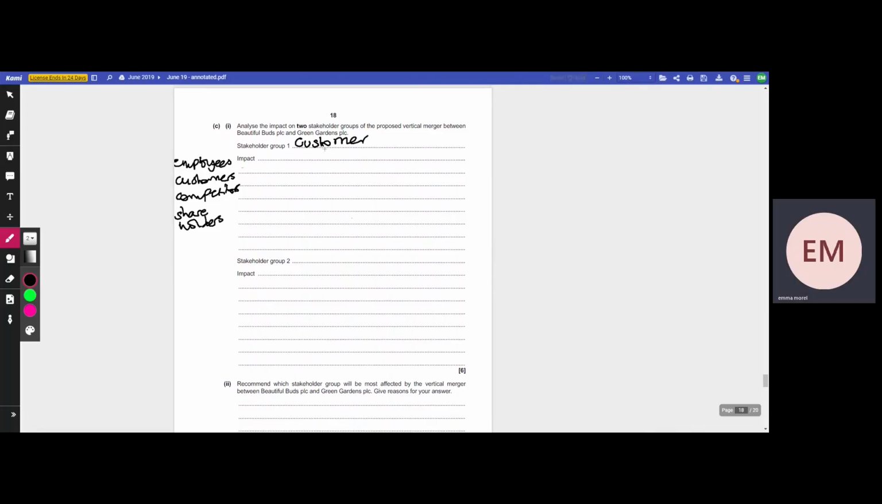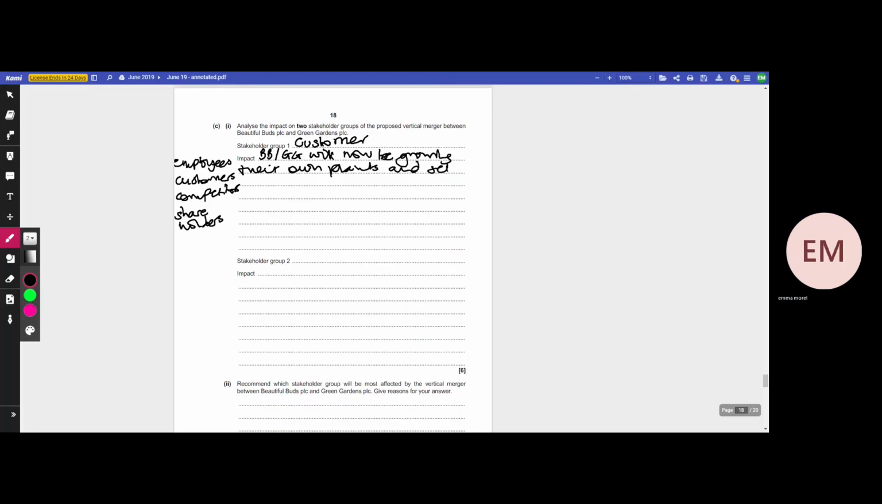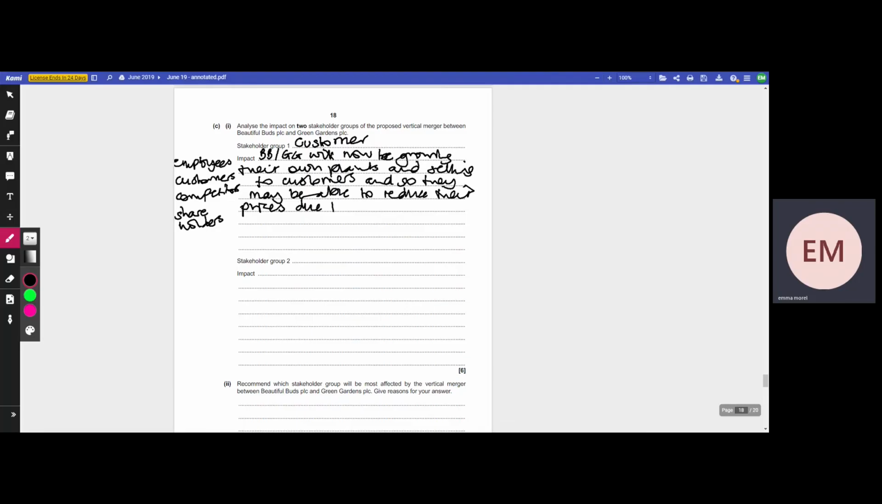Okay, and let's think about what could happen. It's a proposed merger. They're growing and selling their own plants now, and so perhaps the prices might come down. So that could be a positive. So let's say Beautiful Buds and Green Gardens will now be growing their own plants and selling to customers. And so they may be able to reduce their prices due to increased efficiencies,